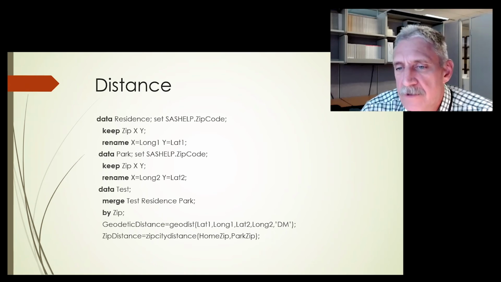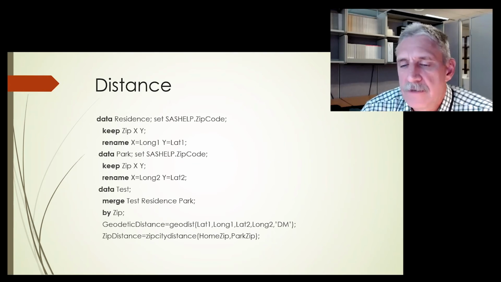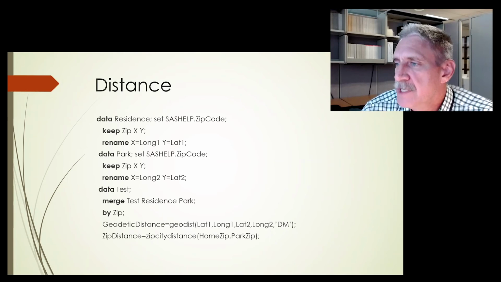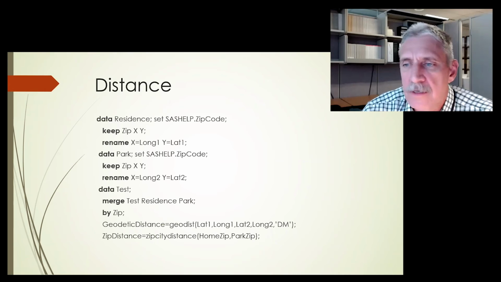It's not perfect. There's only one record per zip code. Zip codes can cross county and state lines. So depending on your use, it's, let's say, 95% accurate. Is that good enough? You'll have to judge. For me, for this, it's pretty good. So I've taken a data set and I find out what their residence is. That's the zip code, and I'm getting the XY based off of that. And then I do the same thing for a park, and I know what the zip code of the park office is, so I can get the X and Y of it.